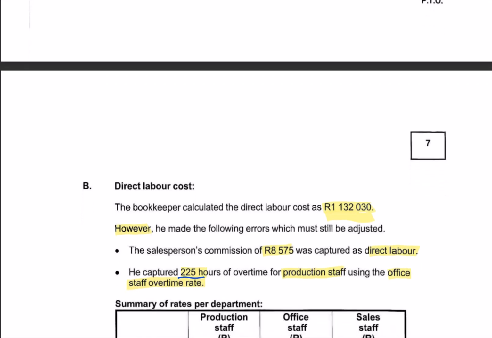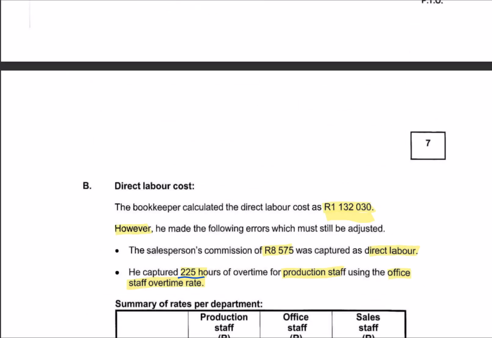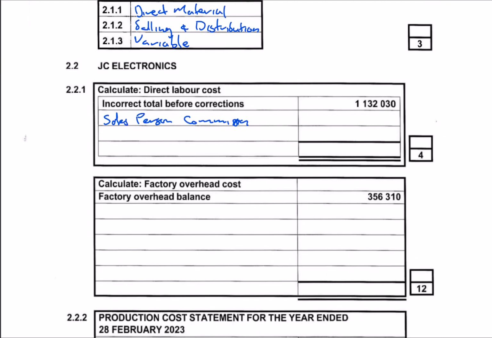So the first thing that we need to do is salesperson commission. Salesperson commission, that's 8,575. We're subtracting this one. Then